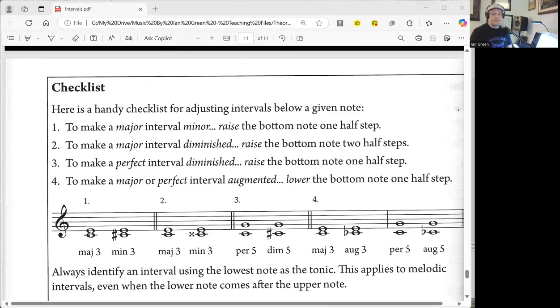So if we start on C, where you can see the cursor is, we would think of the C major scale as the scale to use to match to the top note, to see if the top note is in fact a major, perfect, augmented, diminished, or minor interval. There are different types of intervals, of course, that depend on the number of semitones or half steps away from the top note. So if we start on C and we go over to our piano here, we can see that from C to E